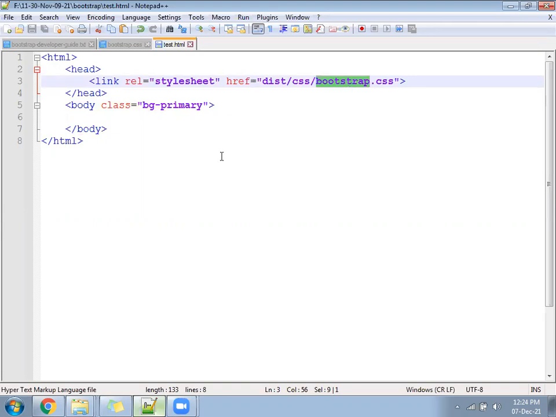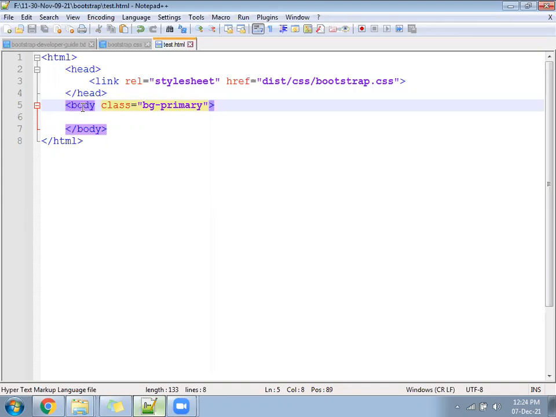Inside that, 10-12 class names will help us change different kinds of color combinations. Instead of writing a lot of code directly, first we will understand the grid system, and after that a few classes for color combination, a few classes for margin and padding, and after that we'll come to the example.